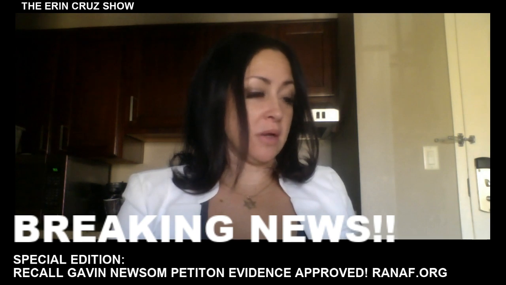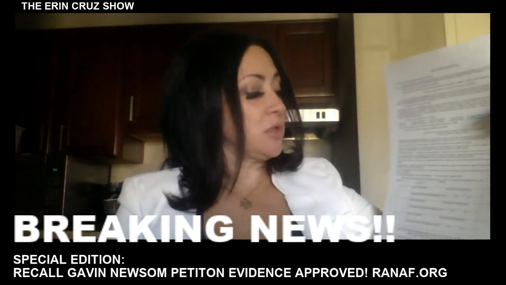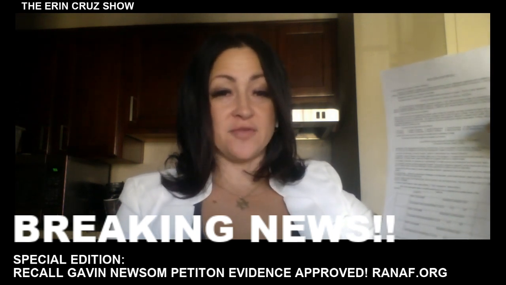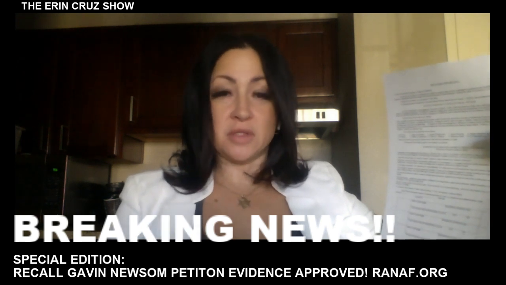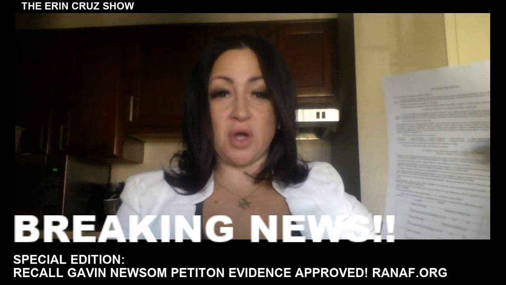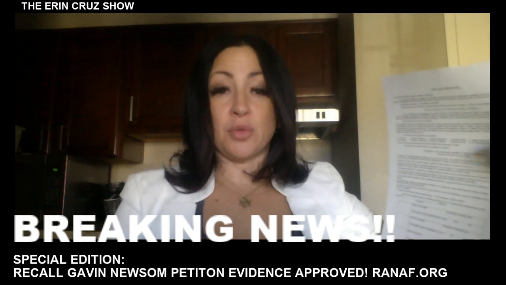One of the common errors is printing it on the wrong size paper. So please, when you print out, you go to the link ranaf.org, that's ranaf.org, and you go to the recall tab on our website, and then you go down to download your document, and you save it to your computer, and then you go to print it.